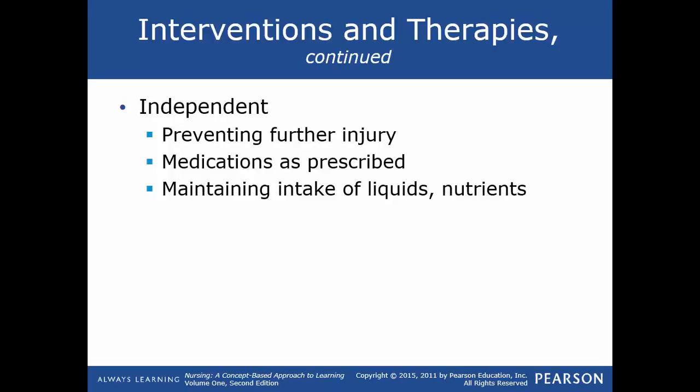So we've got some independent interventions that can be done. Nurses should emphasize the importance of preventing further injury. They need to make sure that they're taking their meds as prescribed to treat or prevent the illness. They also need to make sure they're maintaining adequate intake of liquids and nutrients. Family teaching